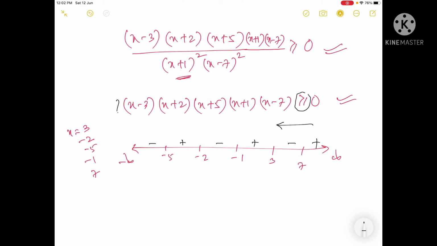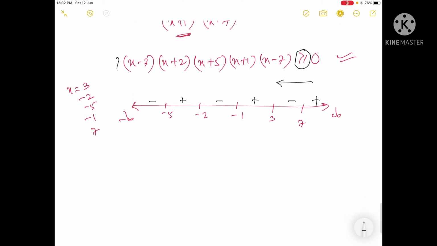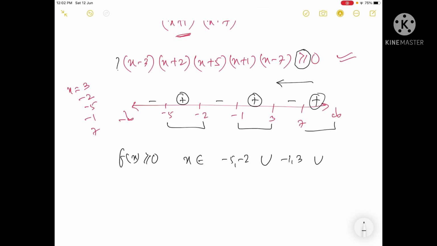You need to find for what values of x the expression is greater than or equal to 0, means positive. So positive is here, here and here. So f(x) is greater than or equal to 0 if x belongs to the first interval, minus 5 to minus 2, union, the next one is minus 1 to 3, union, the next one is 7 to infinity. Infinity is always open, and since you are considering equals to 0, all will be square brackets. But